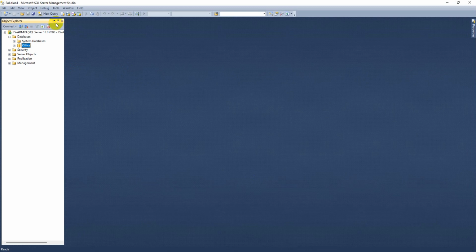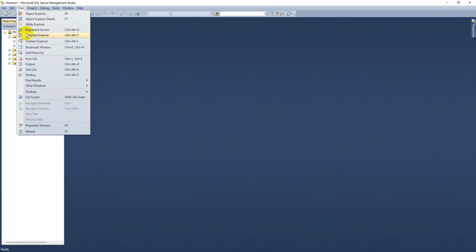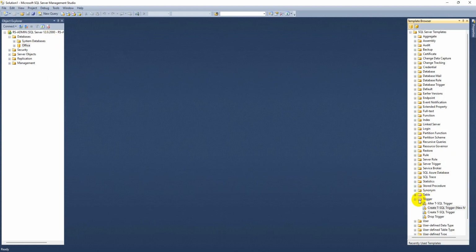Maybe one more thing I just want to add here. In case any syntax is not clear to you in SQL Server, if you go to this View menu, there is a particular window called Template Explorer, guys. If you click this, you will have the list of folders available.